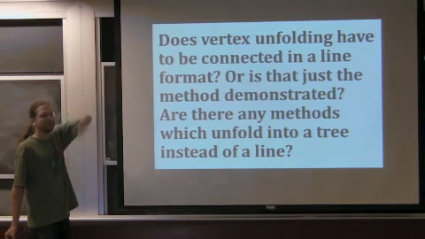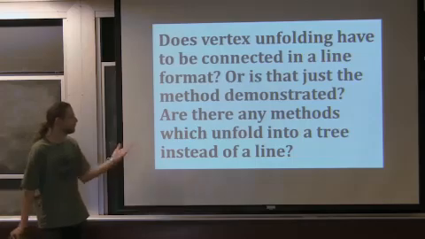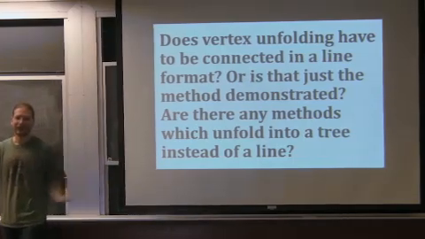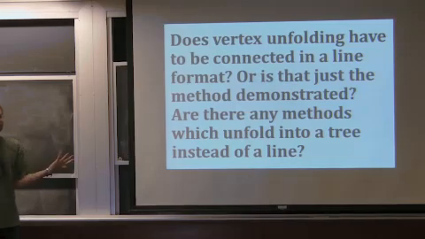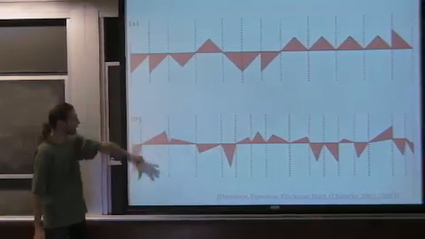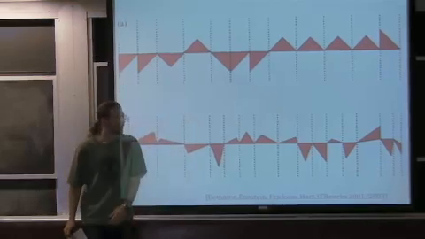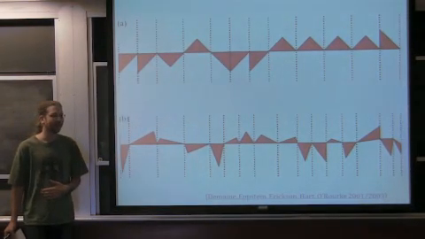Why do we fold things in a chain, in a linear style? Would you get any benefit out of a tree? The answer is, for lines, chains are easy to avoid intersection. That's the reason we use them. In these kinds of unfoldings, we could dedicate a different slab for every piece. And this is great. And incidentally, I didn't mention this in lecture, but it's obvious once you think about it